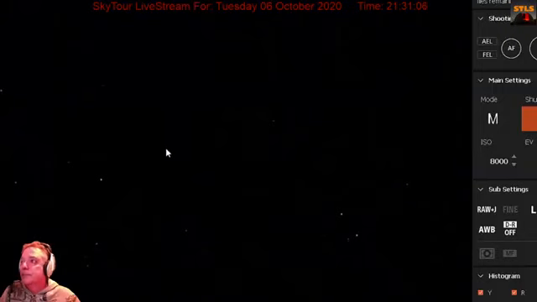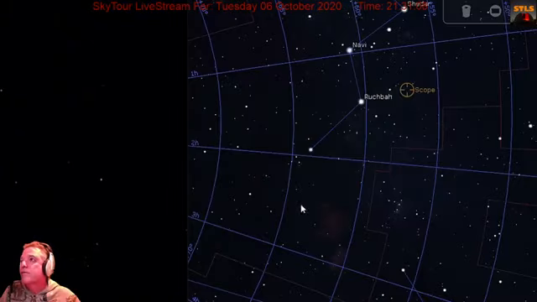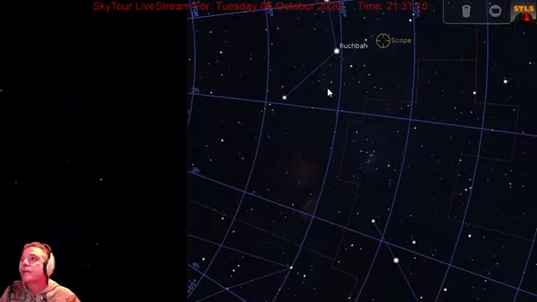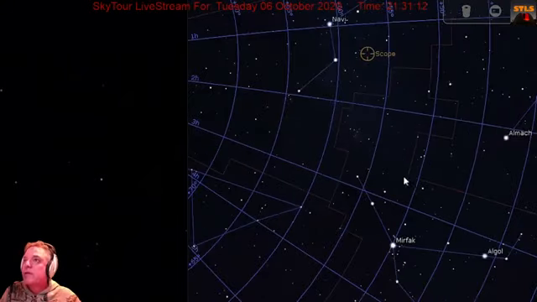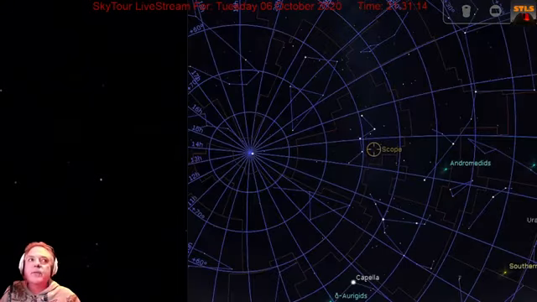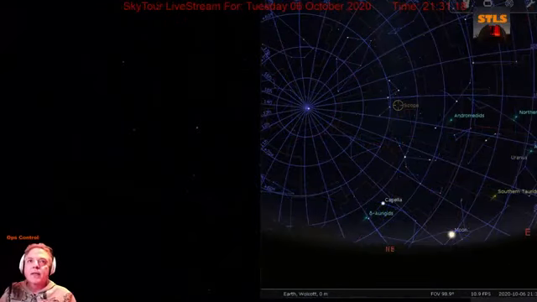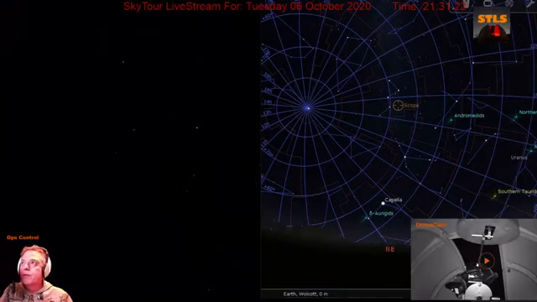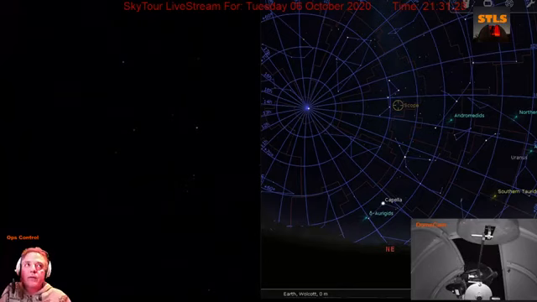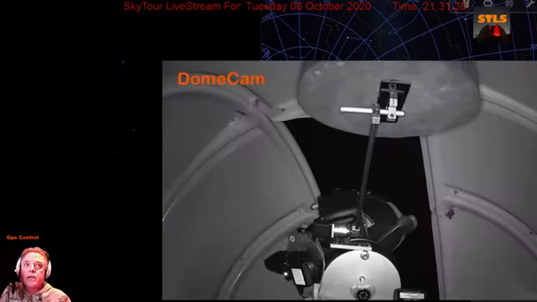So, I'm glad we could see the double cluster tonight. In our telescope, I want to look at the telescope view here. Let's bring it up. Alright, started it up again, and there we are, looking out into the dome.